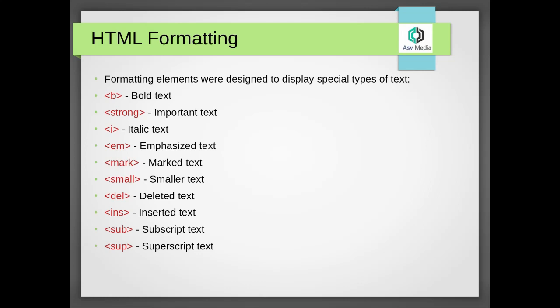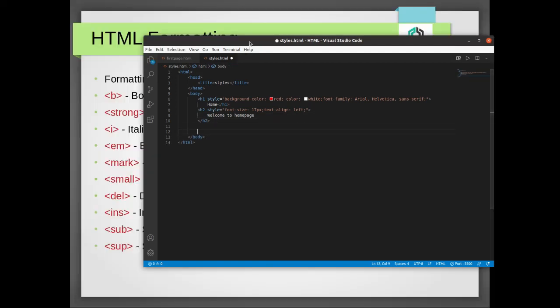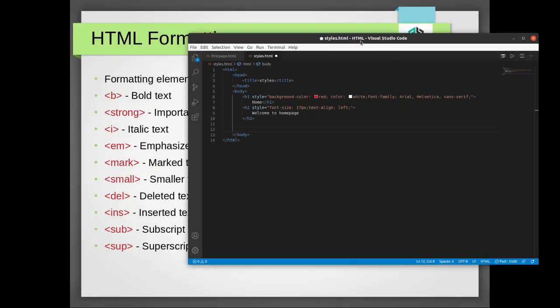So let's take an example. Suppose here you create, for bold text, use angle bracket b and type this is bold text. Similarly strong, this is strong text.